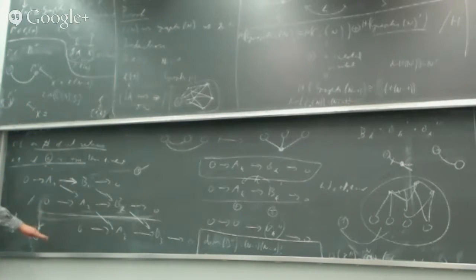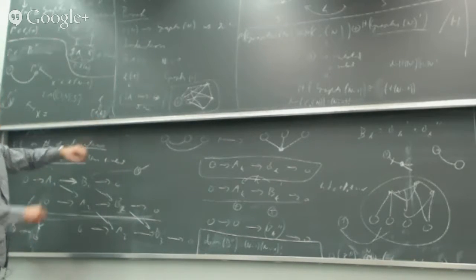I do this same spectral sequence, and everything is cancelled except this. Edges we distribute over 1 and k when you define the map. So by definition, this